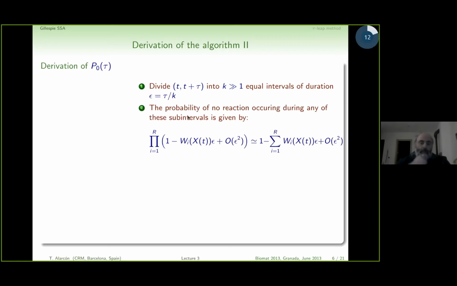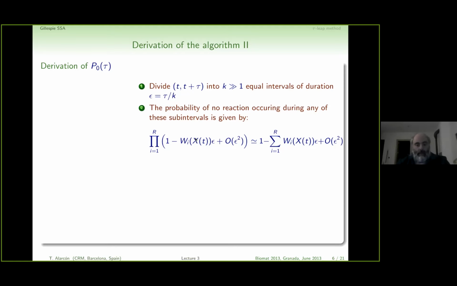Now, this is the probability that nothing has happened between t and t plus tau. So the probability of no reaction occurring during any of these subintervals is